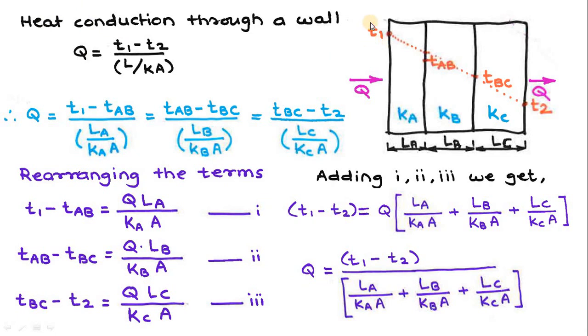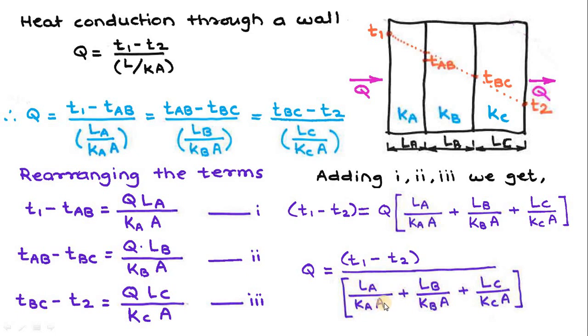Now remember here, T1 is the surface temperature of this composite slab. I haven't taken the interface temperatures TAB and TBC. I have taken T1 minus T2, the face temperatures, divided by LA